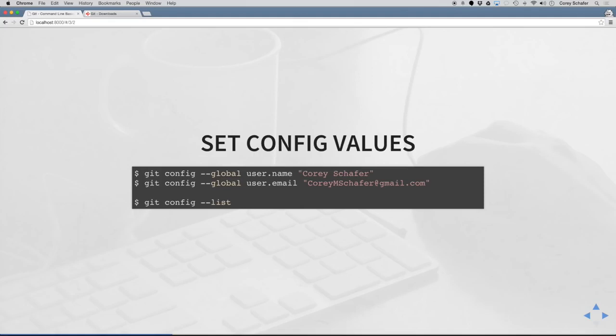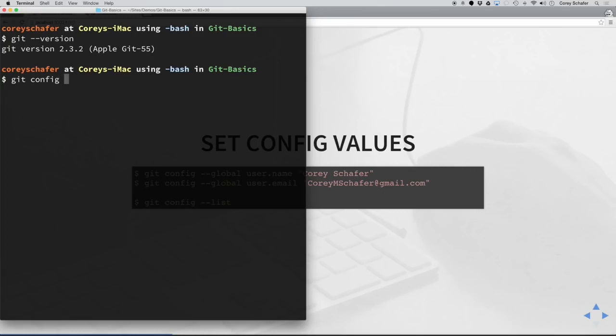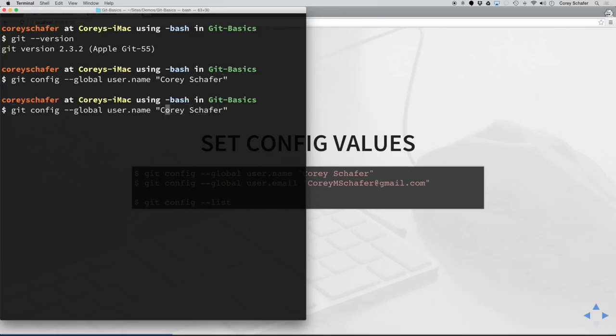So this is a way to add your name to all of your check-ins and code changes. This is the syntax to add these variables. If I go back to my terminal, I can type git config --global user.name, and then in quotes I can type in my name. So I'll type in Corey Schaefer, hit enter, and now we can do the same thing for